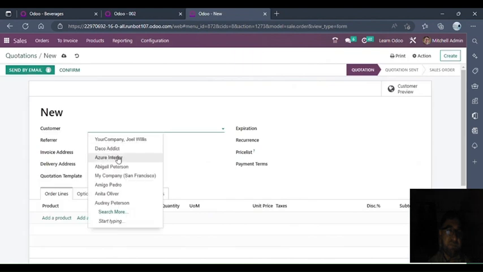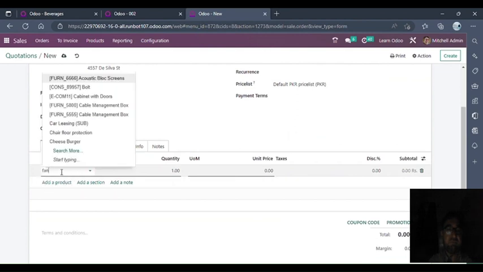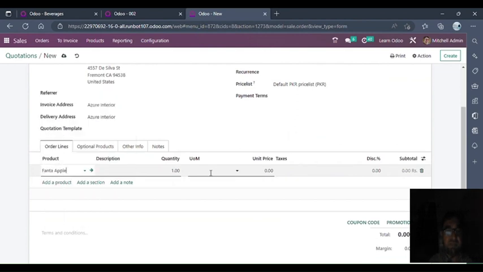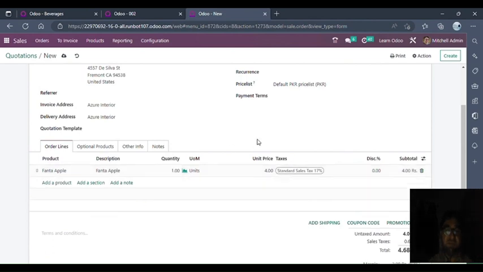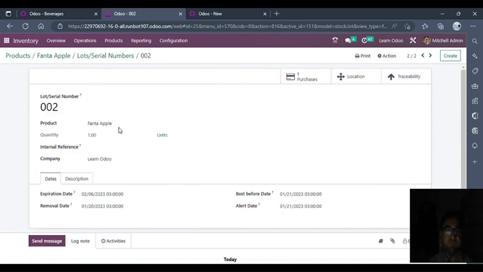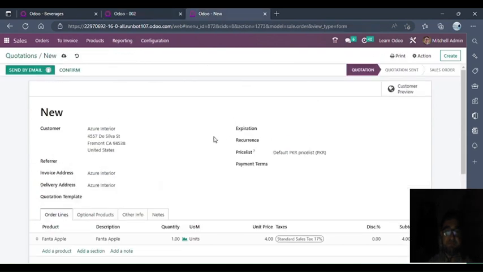So create a sale invoice now, select the product Fanta apple, sale 2 quantities or 1 quantity, sell 1 quantity, confirm this,